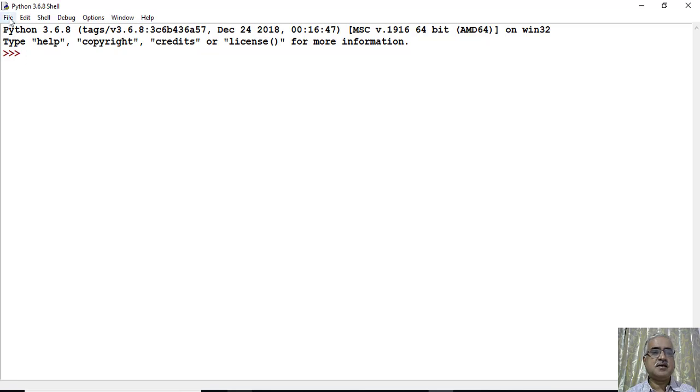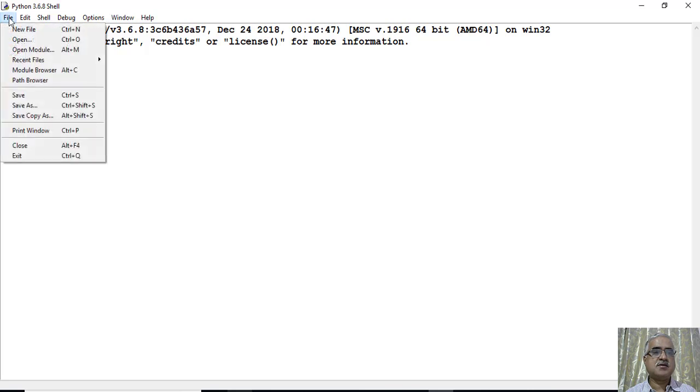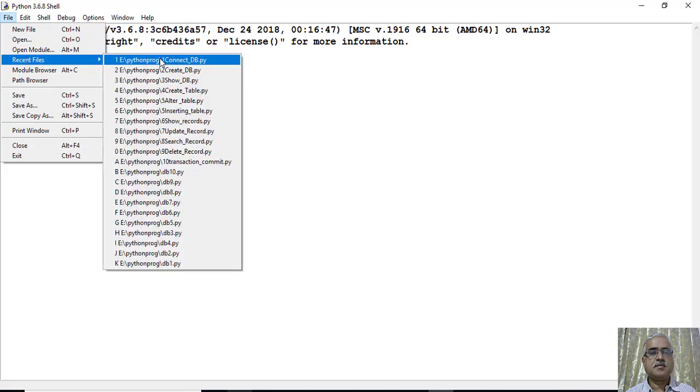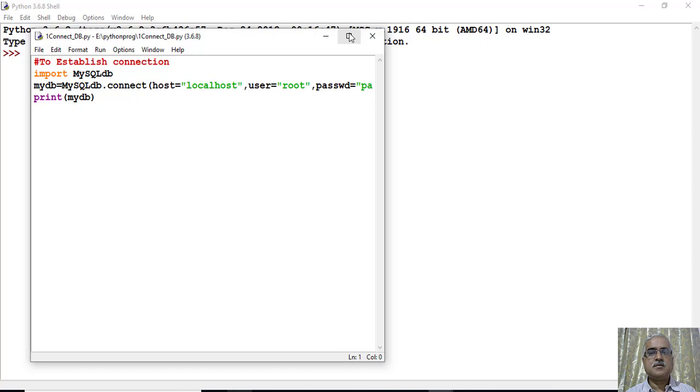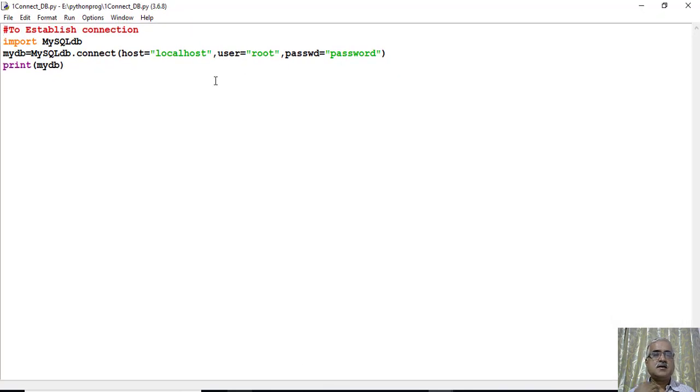Due to time constraints, I have already written the Python scripts. Now I will open those programs and show you. As I told you, for all database operations, first we have to import the MySQLdb module.